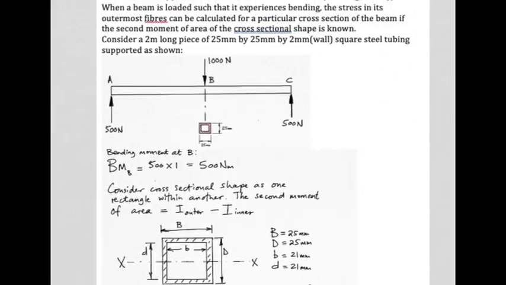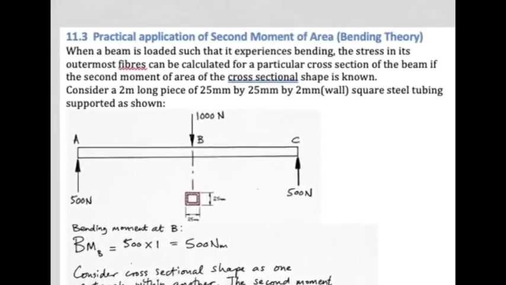Okay, what is it we had to work out? Let's go back to the question. When a beam is loaded such that it experiences bending, the stress in its outermost fibers can be calculated for a particular cross-section of the beam, if the second moment of area of the cross-sectional shape is known. Right, for this example, we must consider a 2 meter long piece of 25 by 25 by 2 millimeter walls steel square tubing. Okay, we've done all of that,